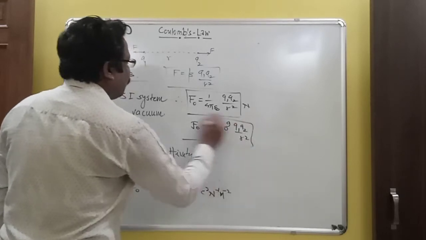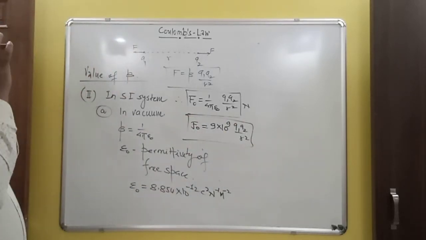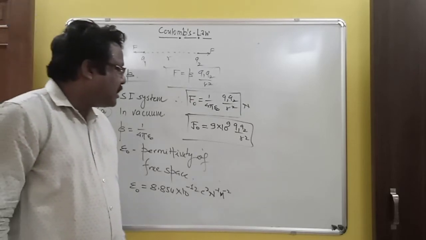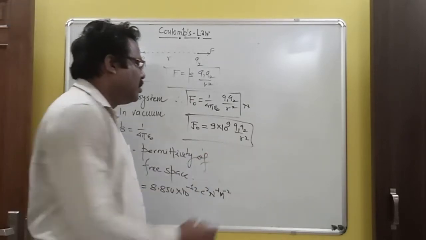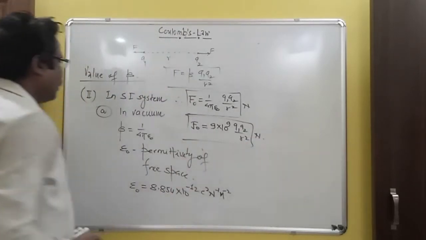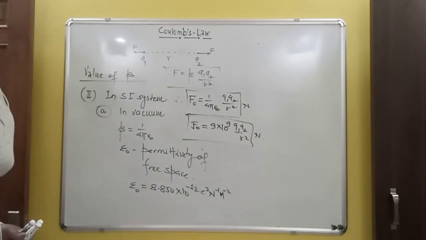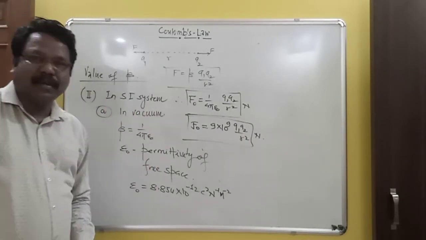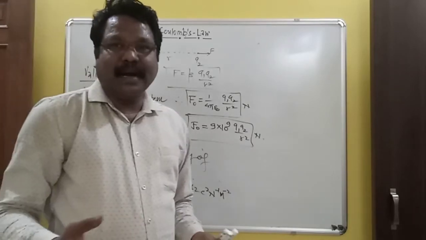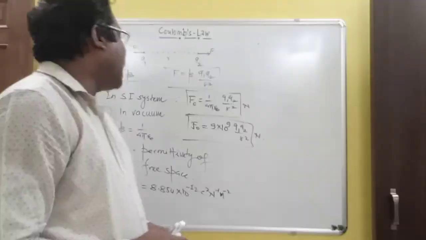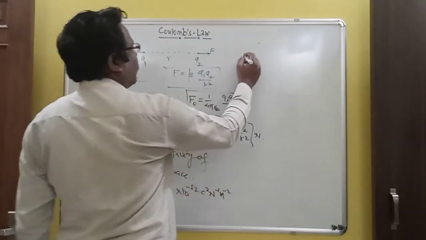So the force would become what? F naught equals 9 into 10⁹ Q1 Q2 by R square Newton. So this is the value of beta in SI system in vacuum. Now next, the value of beta in SI system and in medium. Okay, so in medium,